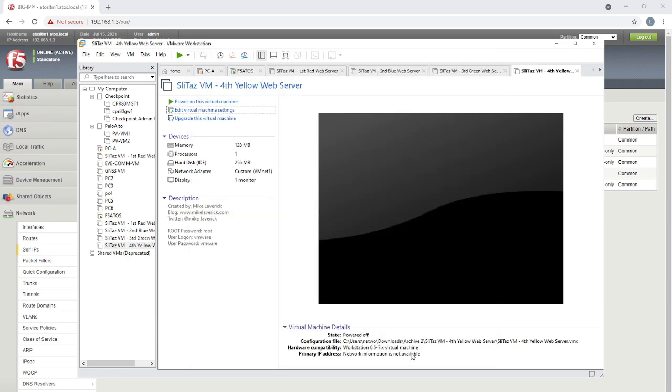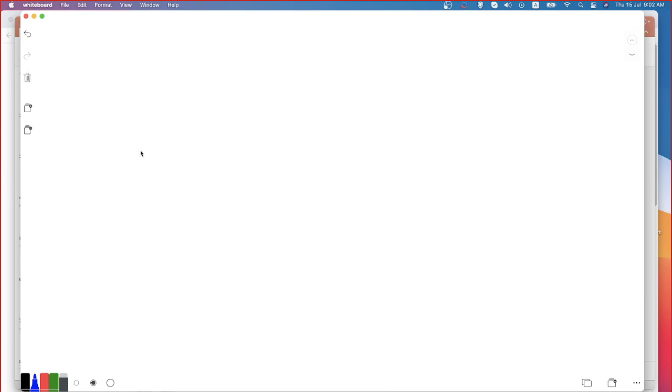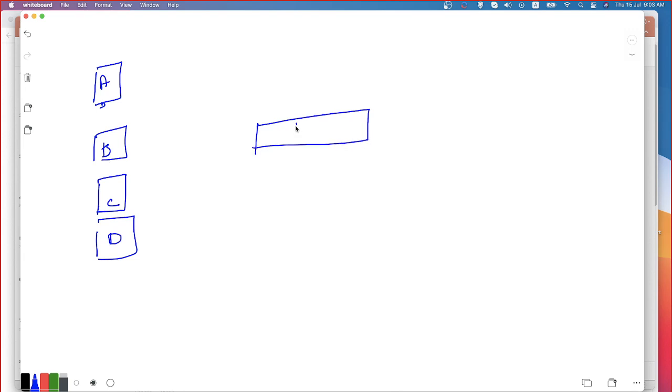Right. So we have done a couple of things. Let's see this here. I have 4 web servers, and these are the ones we are going to be using throughout our class. This is server A, B, C and D. Now I have my LTM appliance.